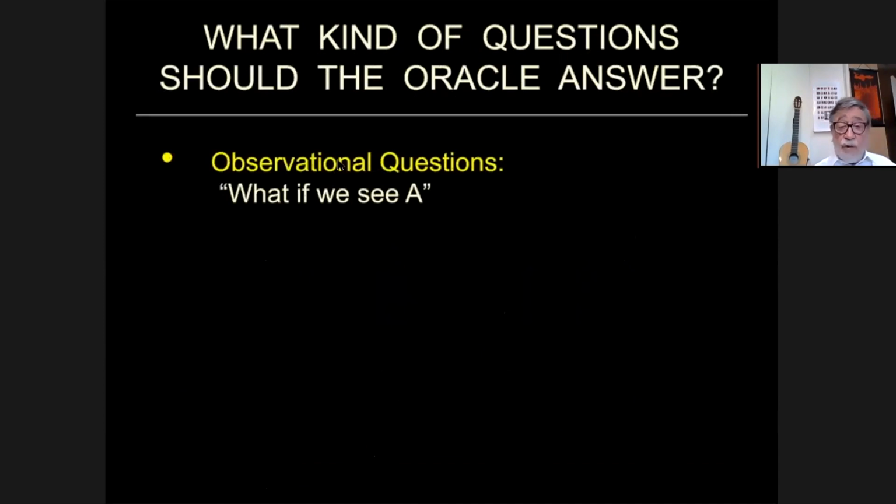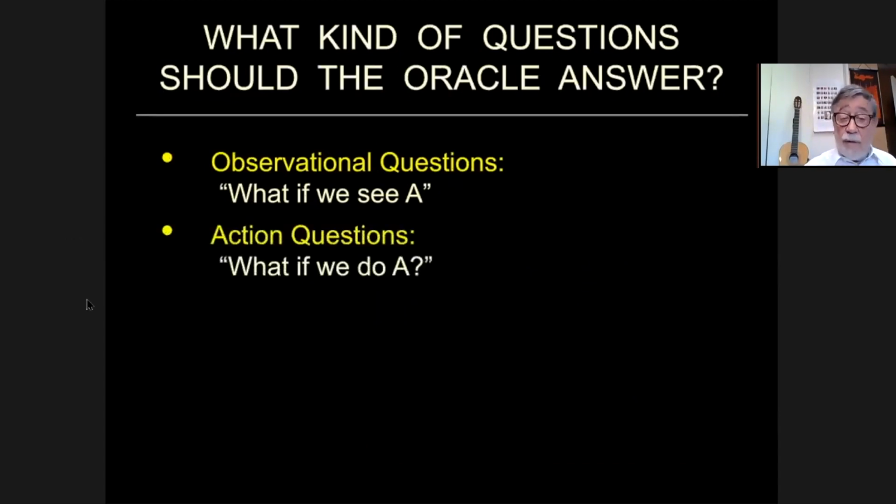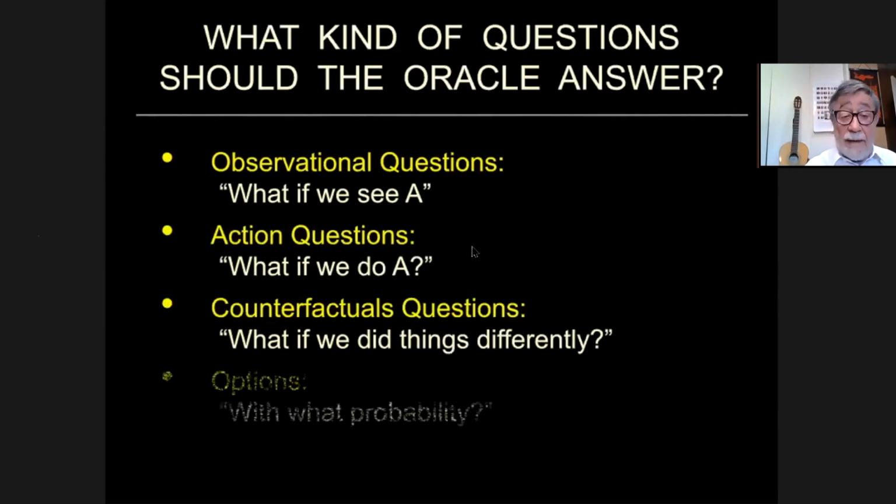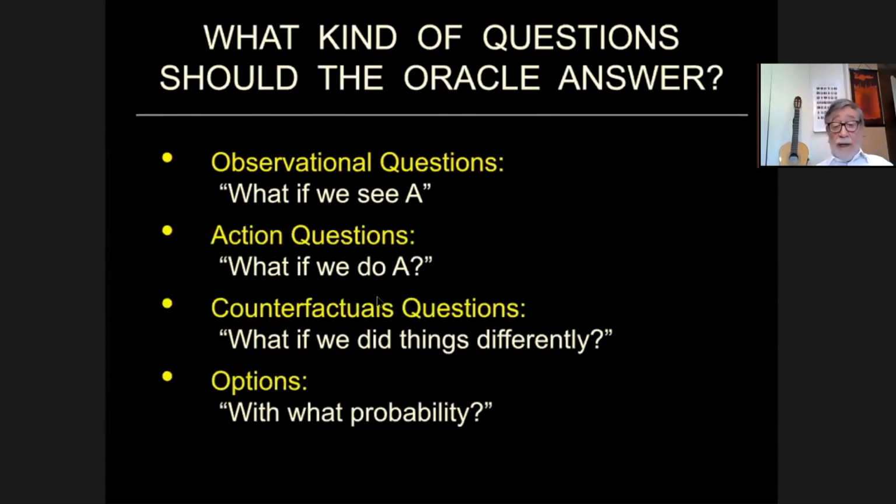Let's see what kind of questions the oracle should answer. First, we want the oracle to answer observational questions. What if I see that the sprinkler is on? What can I conclude? I can conclude perhaps it's summer. Next, I want the oracle to answer action questions. What if I turn the sprinkler on? I also want it to give explanations. So to ask, what if we did things differently? Or what if it wasn't raining? Or what if the sprinkler had not been on? Go back in time. And also we want the oracle to decorate the answers with probabilities. But that's a simple technical problem that we can all do nicely once we have answers to the basic